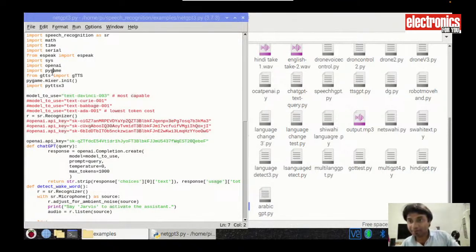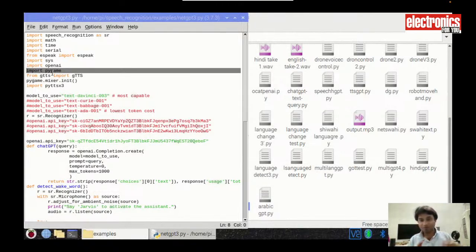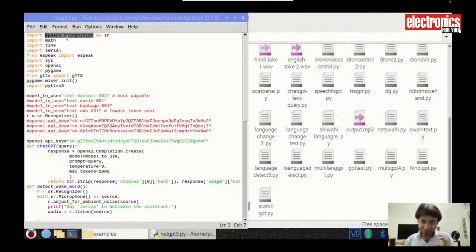नेक्स्ट जो हमें लाइब्रेरी चाहिए होगी वो है पाई गेम। पाई गेम हमें ऑडियो आउटपुट को प्ले करने में मदद करेगा। जैसे आपने चैट जीपीटी को कुछ क्वेरी बोली, तो हमारा स्पीच रिकॉग्निशन पहले आपके स्पीच को रिकॉग्नाइज करेगा कि आपने क्या क्वेरी बोली है, उसे टेक्स्ट में कन्वर्ट करेगा। फिर ओपन एआई की मदद से ये हमारा कोड उस ओपन एआई एपीआई से कनेक्ट होकर चैट जीपीटी को टेक्स्ट क्वेरी भेजेगा, फिर ओपन एआई चैट जीपीटी का जो भी आउटपुट है वो हमें भेजेगा।